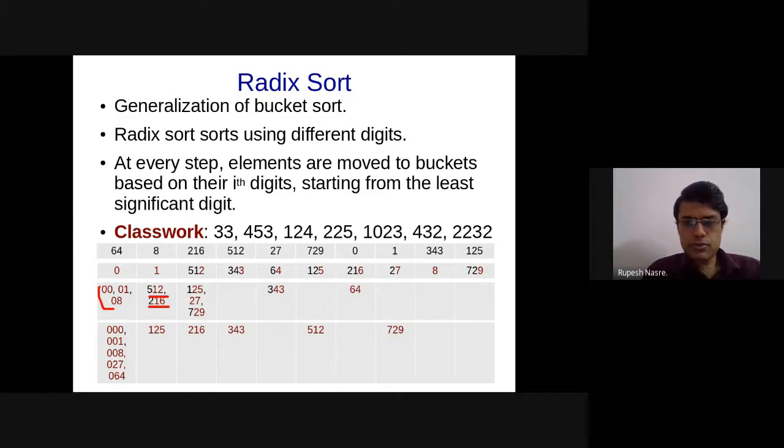Okay, so Murari has given 432 and 2232 are going to appear together. That is correct. Plus 4. Yeah, okay. Then 33, 453 and 1023 in that order. That is very important that it should appear in that order. Then 124 and 225. Okay, so that sounds good. Yeah, Basu has also given the same. Mayank has also given the same. Okay, Sai Charan also says the same. Okay, fine, good. Now what happens in the second iteration?